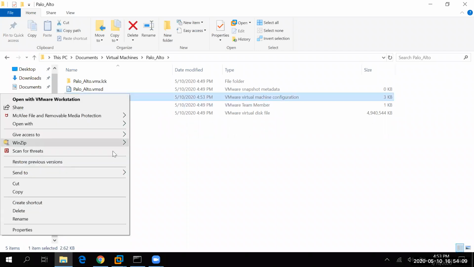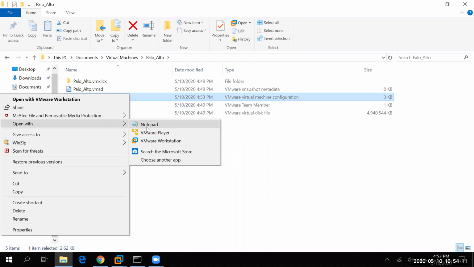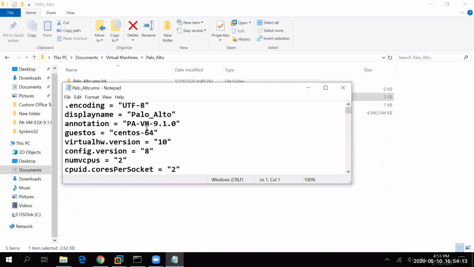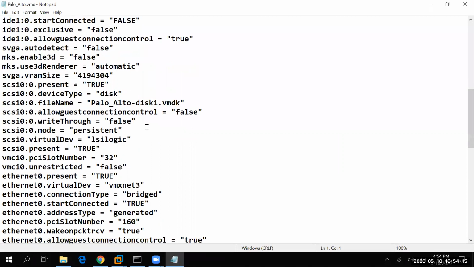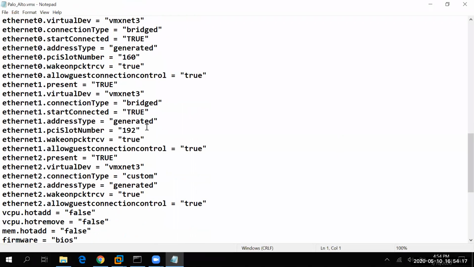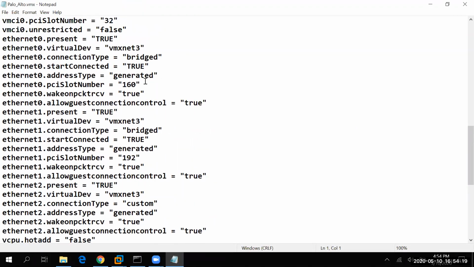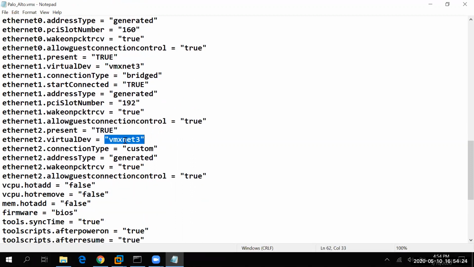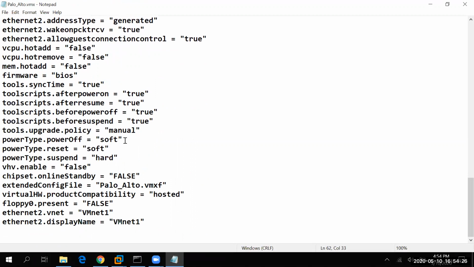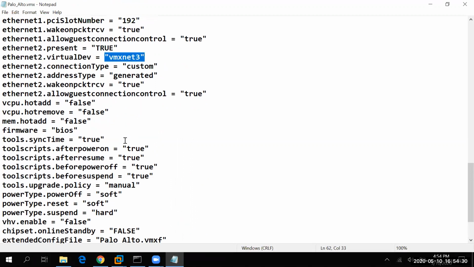Let me open this with Notepad here. Here we are able to see VNet 3 and VNet 3. Yeah, so everything is fine in this configuration.